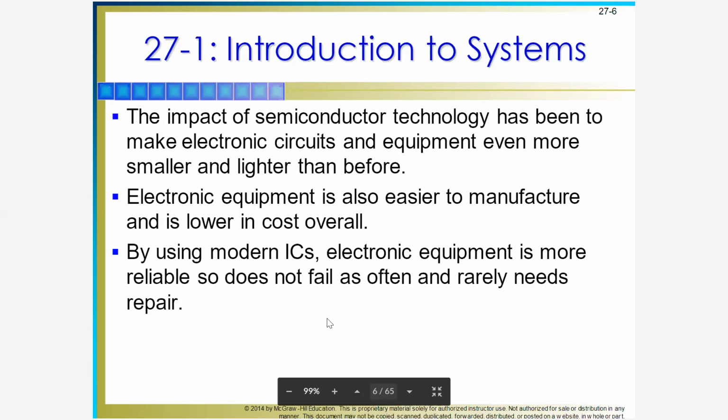And as I said before, it is lower cost overall. Then by using modern IC, electronic equipment is more reliable, so it does not fail as often and rarely needs repair. Okay, it means it is easier to maintain or change when there is some problem in an IC. Okay, next we have,